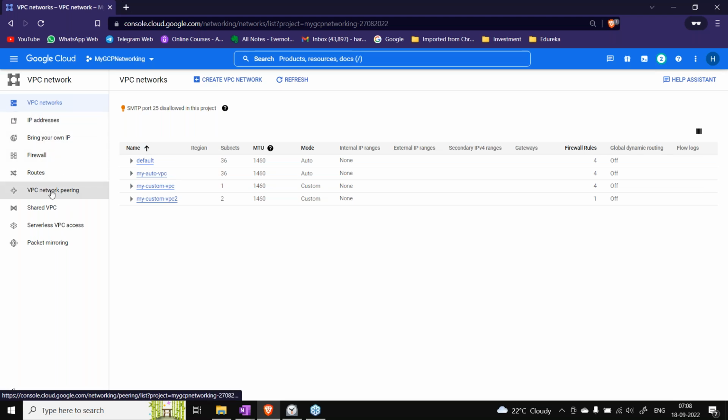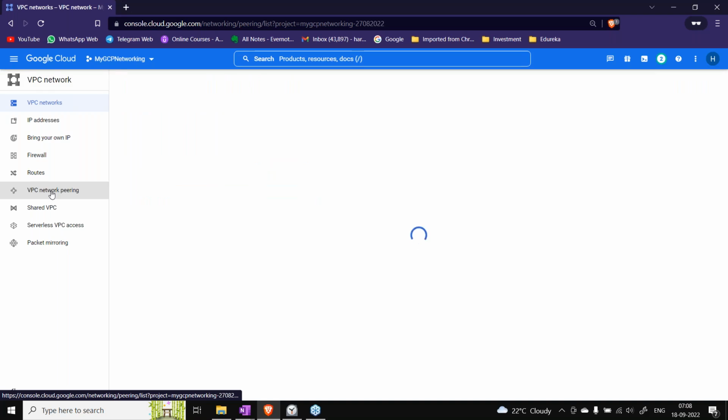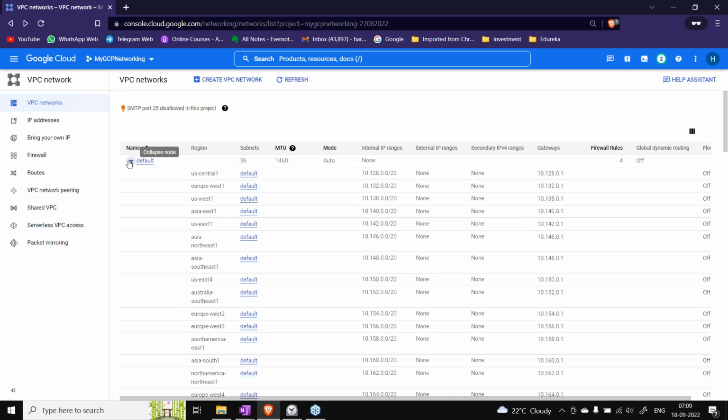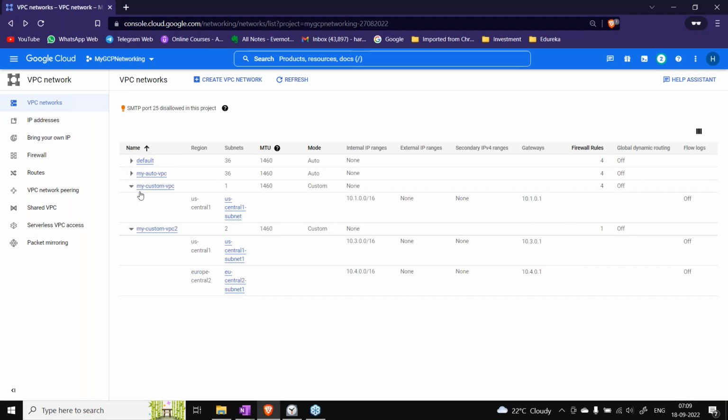For that, there is an option here, VPC network peering. Let me first check whether they have firewall rules and everything, otherwise that will block us, right?